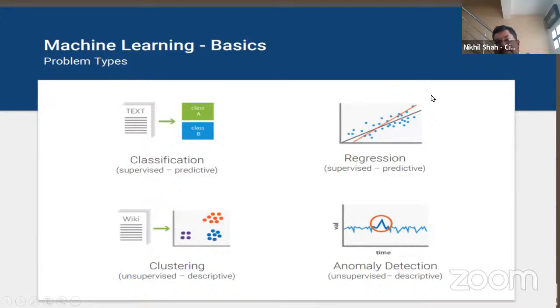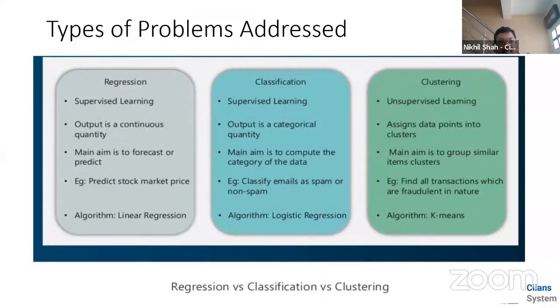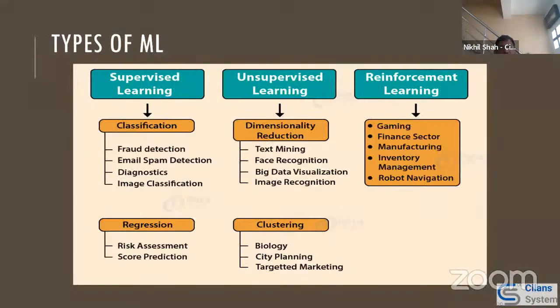If I want to predict the price of a stock, or the price of a particular agricultural commodity, that is a regression problem, which is a supervised learning problem. So this is a good summary of what kinds of problems are supervised learning: classification and regression. For example, score prediction, stock price prediction, risk assessment, these are all regression problems.